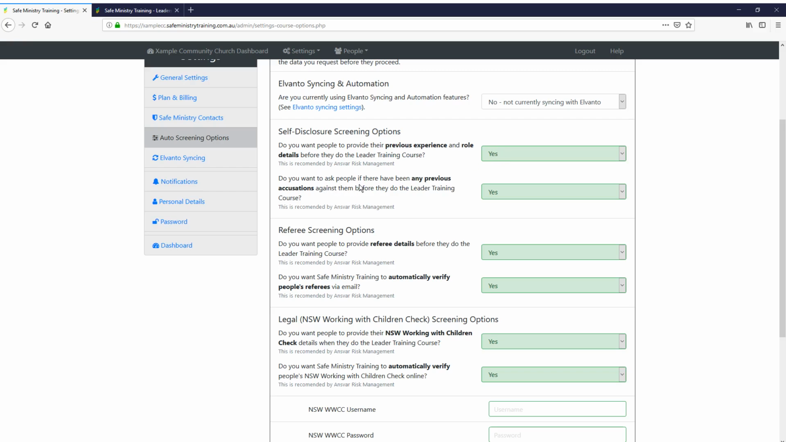The other question that's very important that your insurance company definitely wants you to ask is to ask people if they've had any previous accusations against them. So what this does is it asks people if there's been an issue in their past. This is very important because it's all too often that we've found out people who shouldn't have been put in a leadership position within a church because of a previous